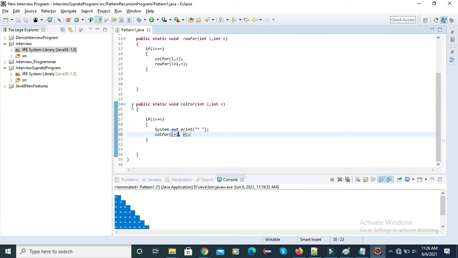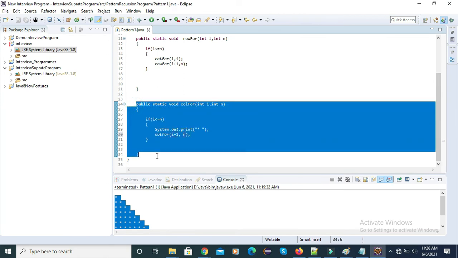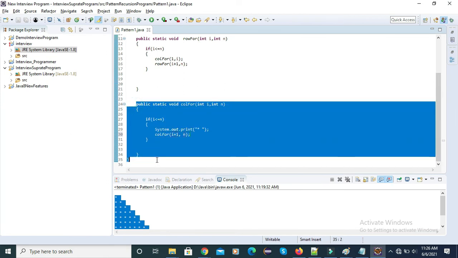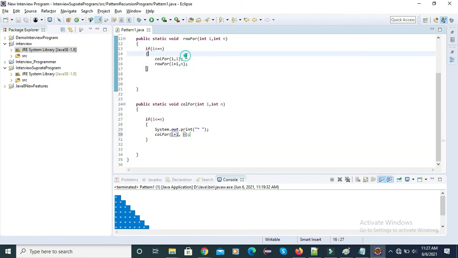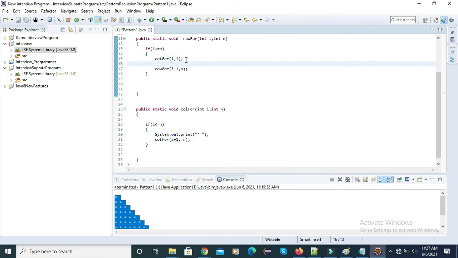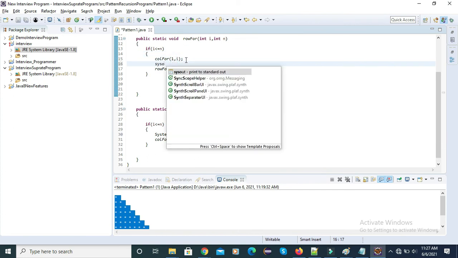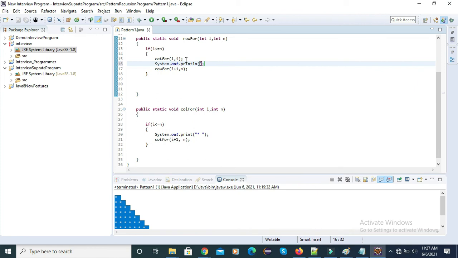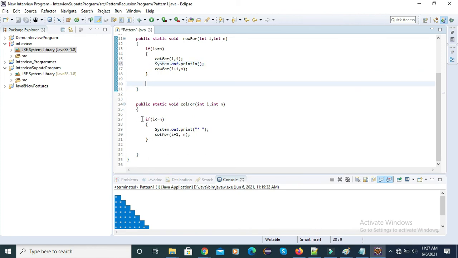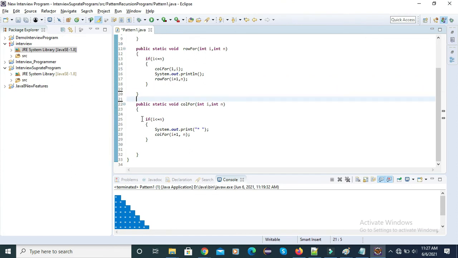Once this inner for loop method completes, we have to go to the next line. That's why I'll put one statement here: System.out.println. This will help to move to the next line. Let's see our program one more time.